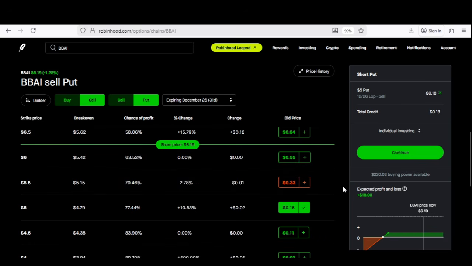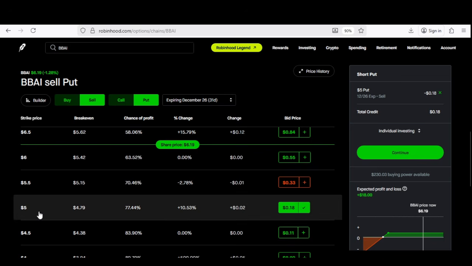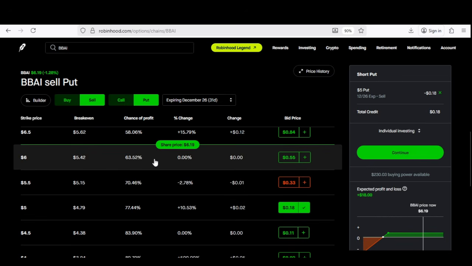Now, for this option strategy to go into the second leg, this trade has to go against you. The only way this trade is going to go against you is if, when the expiration date comes along, this share price falls below this $5 strike price. Then you're going to lose your $500, but do not worry. Like I said, this option strategy is going to have you winning no matter what happens. So now that you lost your $500, you're going to own 100 shares. The 100 shares you're going to own of BBAI is a win for you.